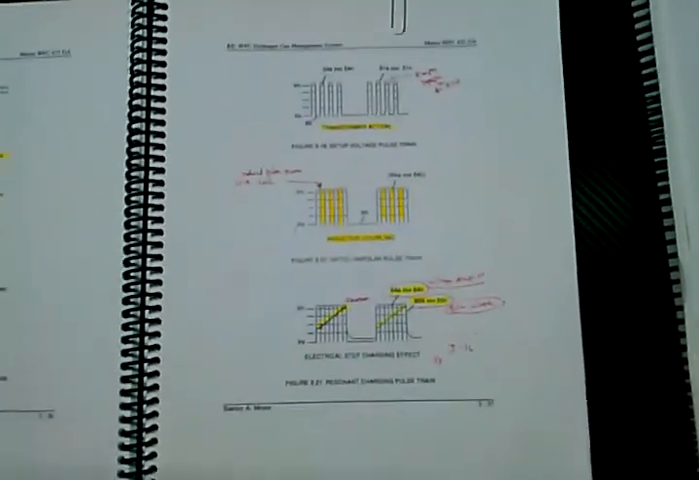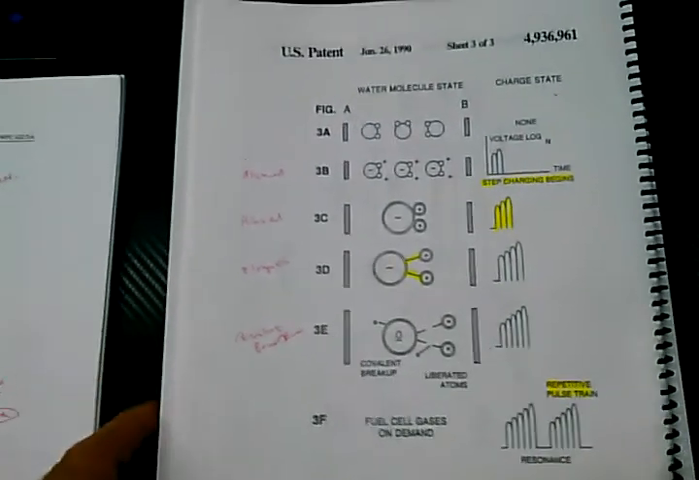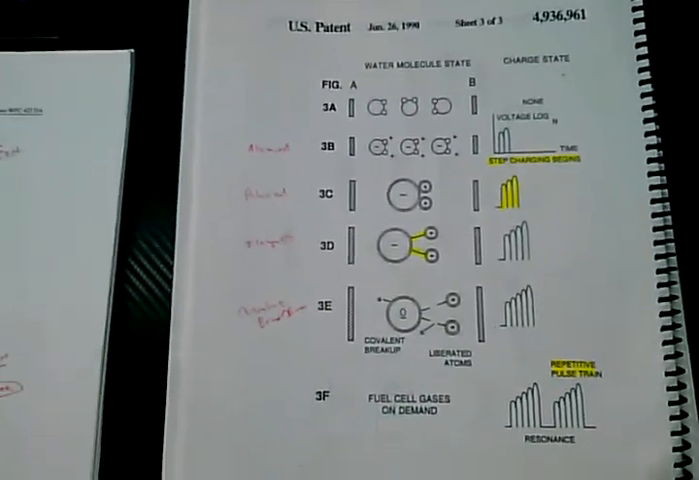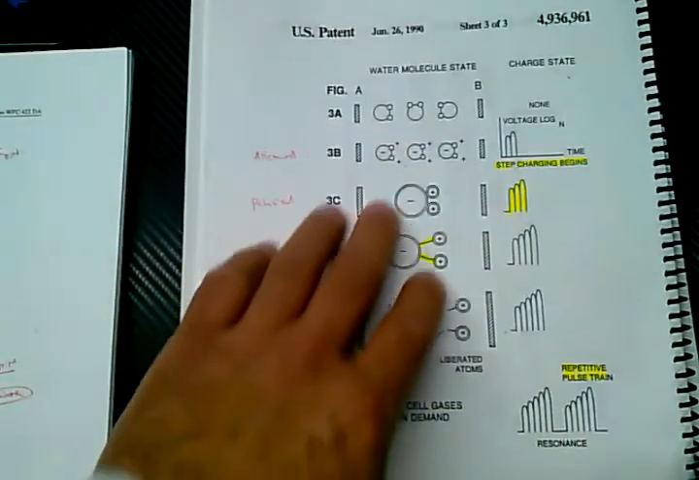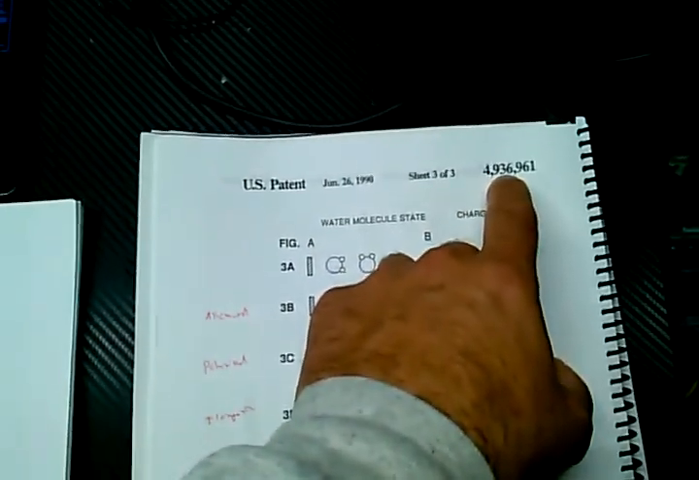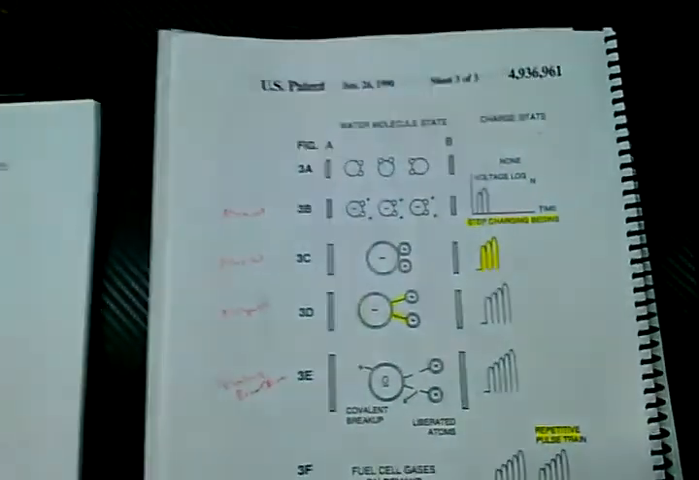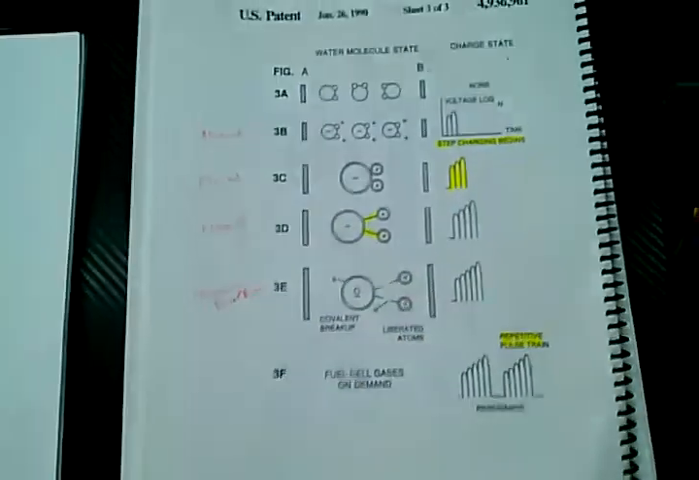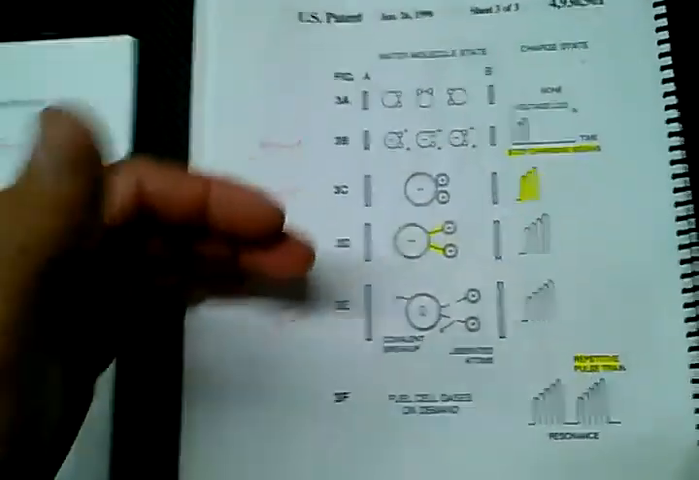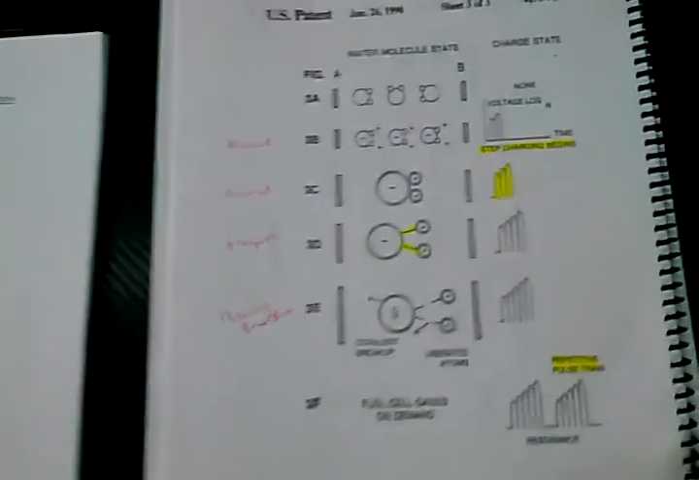Alright guys, so here's an observation I'd like to share with you. Maybe you could help me out. This is a very common diagram for those of you that are doing the research. Basically, this is patent number 4936961. And it shows us the step charging effect and the sequential order of what happens to the water molecule